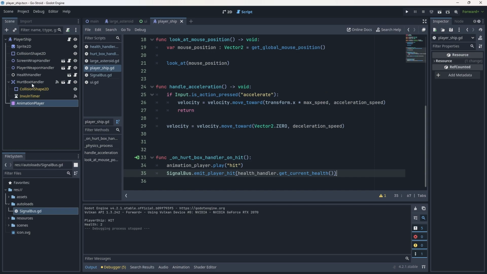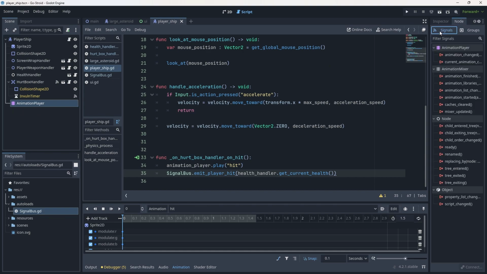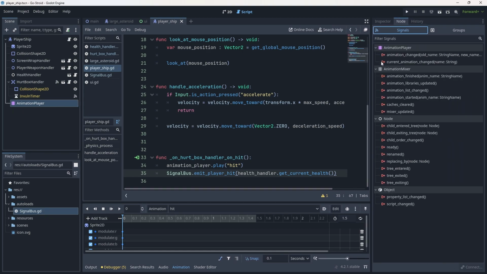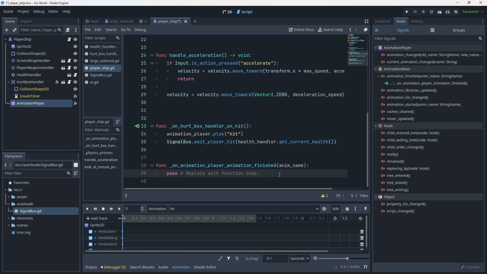So the next thing we do to get around that, right, is if we click on the animation player in the scene tree, we go to Node, Signals, pull this out a little bit. You'll see in the animation mixer drop down here, we have animation finished. This is a signal that gets emitted when the animation finishes playing its current run through. But as it says there, this signal is not emitted if the animation is looping. Our animation, however, is not looping, so we can double click on this, attach it to the player ship,